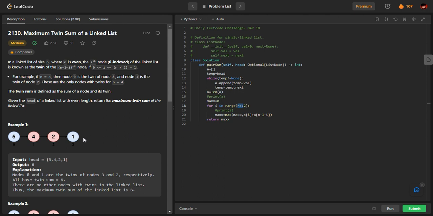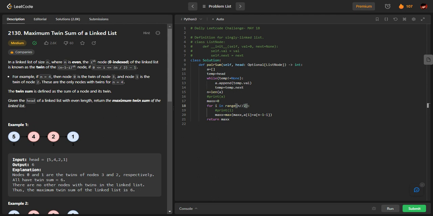See, make this thing very clear. 4 divided by 2 is 2. Okay. What I need to do is traverse index 0 and 1. So that's why I'm passing here n by 2. This is the integer division. It will be an integer, but in this case n is even, so this obviously will be a